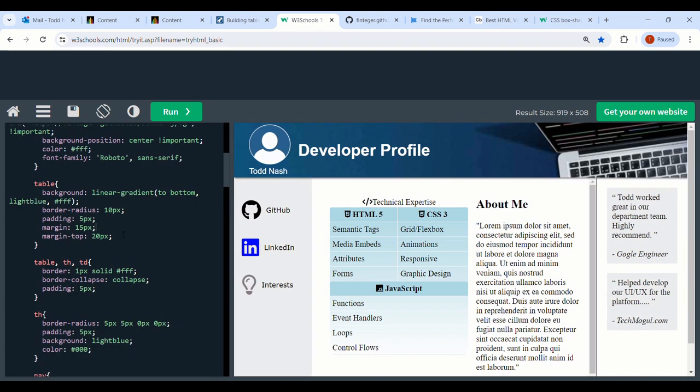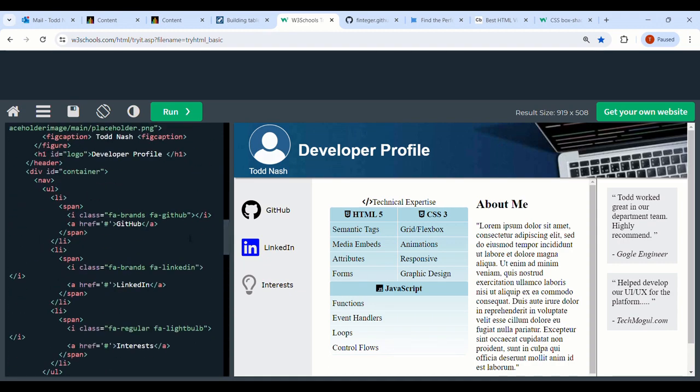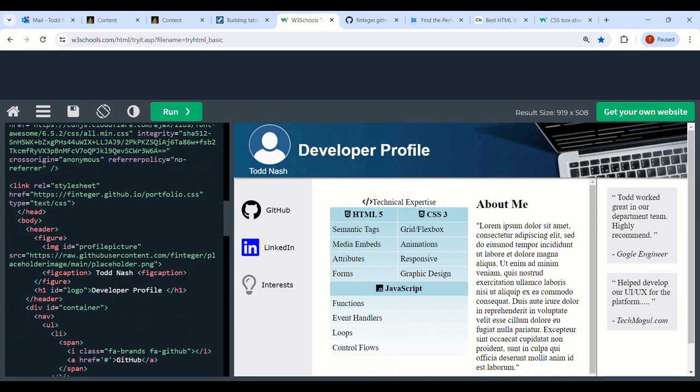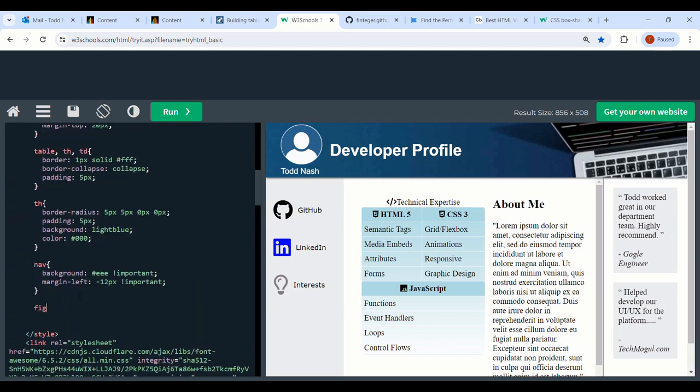The next part here is we want to go up. I think as the last step here, I just put in some box shadow for this image. And in order to do that, well, you need to find out, okay, where's the image? And that's right inside the figure here. So in order to select that, you would have to just provide context. So we have figure and then the image. So let's go up to the CSS. We're going to go figure image. And all we need to do is provide some box shadow. So let's go box shadow, and this is equal to,